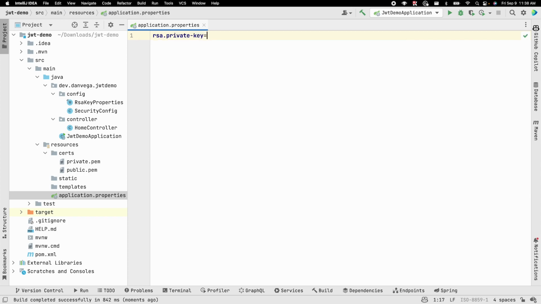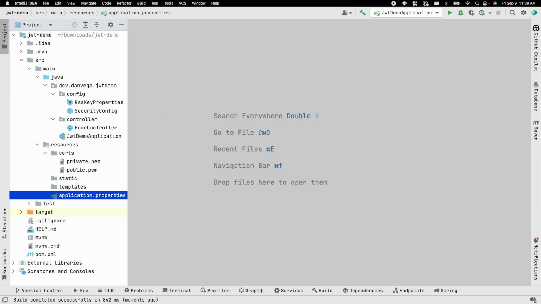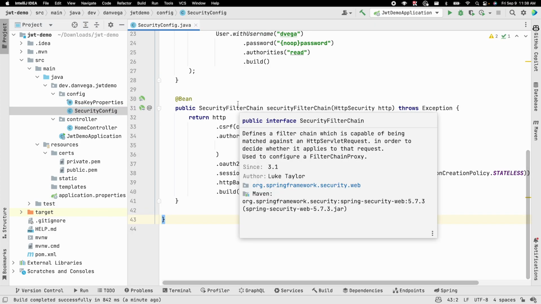So I'm going to say RSA private key. This is going to be a classpath, and this is going to be certs/private.pem. RSA public key is classpath certs/public.pem. Okay, so that looks pretty good. Now what we can do is go back to our security config, and we can refocus back on